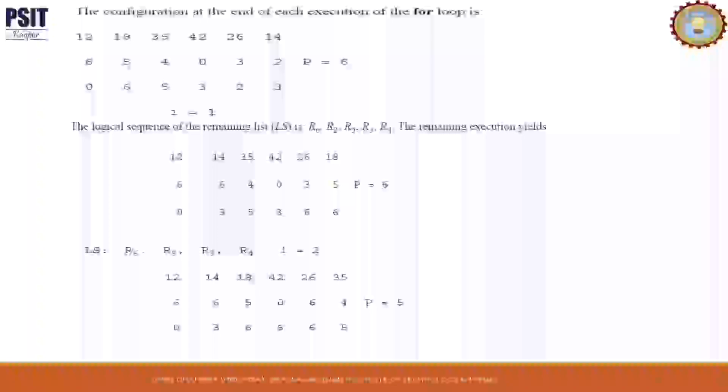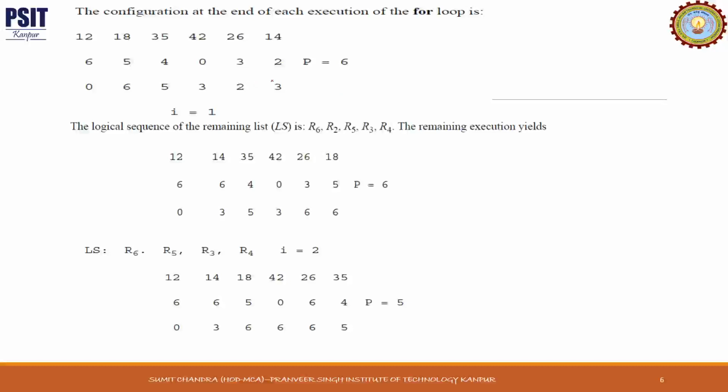So let's proceed. This was the configuration that we got from the previous step. Now I is equal to 2. So again we'll do the same thing. Link B of I is equal to P, that is equal to 6. Value of P is 6. So basically link B of 2 is equal to 6. So link B of 2 you can see here is 6. So it means link of 6 is equal to 6.